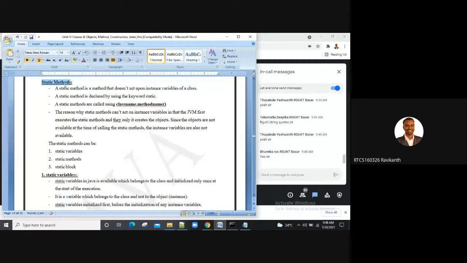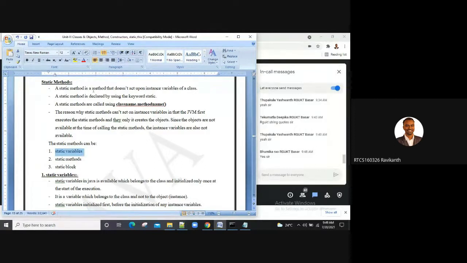Coming to the static keyword, actually. Here we have written a static method, but static we can make use of with different combinations: static with respect to variable, static method, static block. I think we have already worked with static block and static variables in our previous sessions, but still, we'll go in detail.